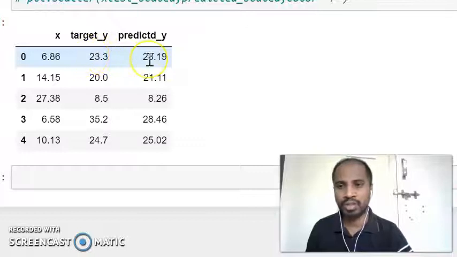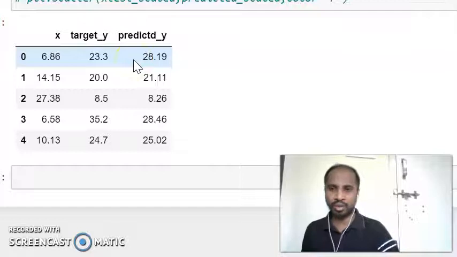This is not an exact figure, but we can say we are getting a value close to the target one. Why? Because when the value of x is increasing, the target value will decrease.